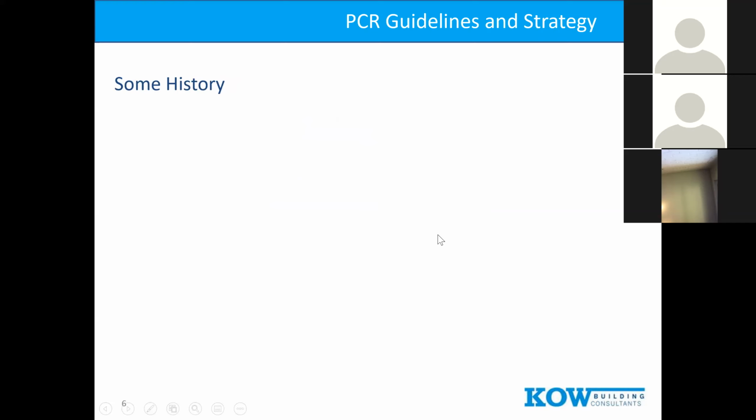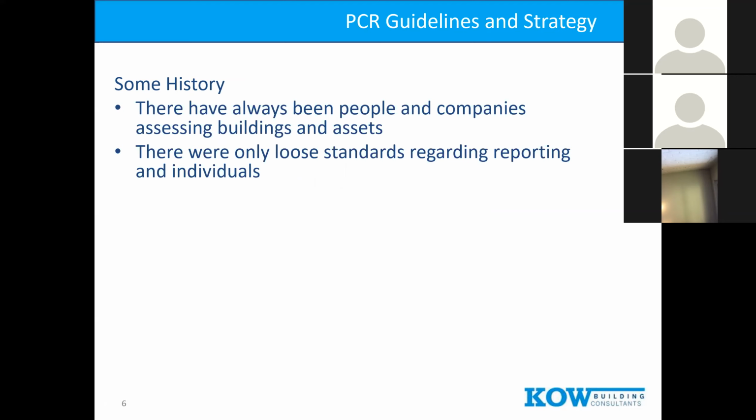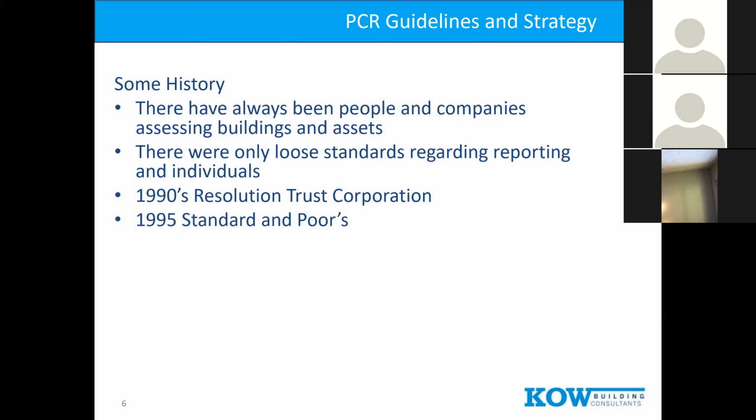So just a little history. There have always been people and companies to look at buildings and assets and say, here are your issues, or you're okay, or I like the roof, or I don't like the roof, or your boiler's shot, or your windows are leaking, whatever it might be. But there were really only loose standards regarding reporting at individuals for a long time. And because there were loose standards, there was not a lot of consistency in our industry. Early 90s, Resolution Trust Corporation, 1995 Standard & Poor, and then 1999, the ASTM standard started to standardize a lot